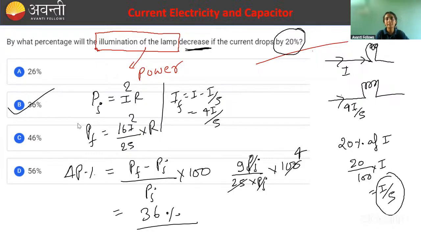46% नहीं होगा, 36% होगा, ठीक है. अगर तुम्हारा current to statement में होता, then I/5 होता, then final power would have been I²R by 25, है ना. And in that case अगर आप percentage निकालते तो कितना जाता, 24/25, and in that case 96% होता ना. ठीक है, so I don't know how you people were solving it